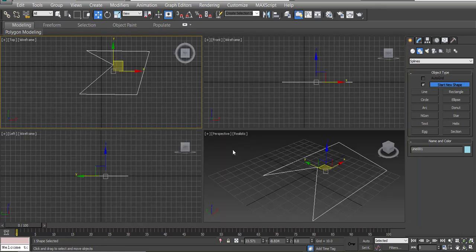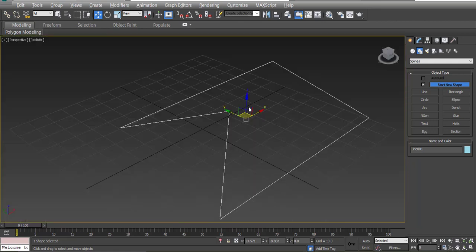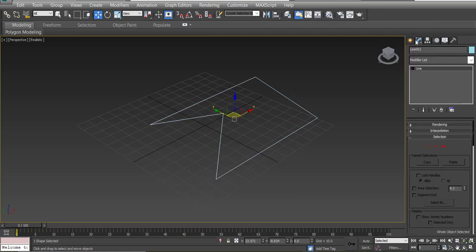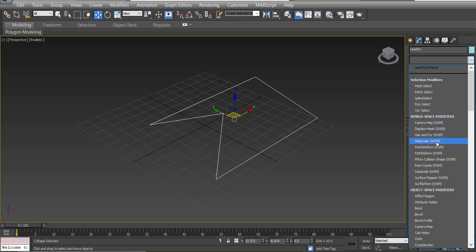Alt W again. From the perspective view, we can see this is our 2D shape. To make it a 3D shape, or to fill it to be a 3D shape, we should first select our 2D shape, then go to Modify, which is beside Create, this is our line. There is a drop down menu called Modifier List. From the Modifier List we should look for Extrude. We can simply hit E,